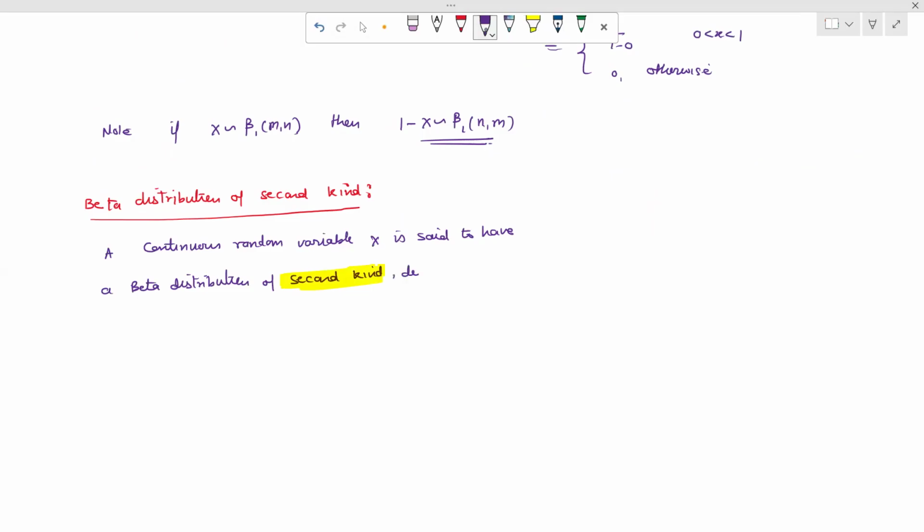This is denoted as beta 2. We write it down as denoted as beta 2